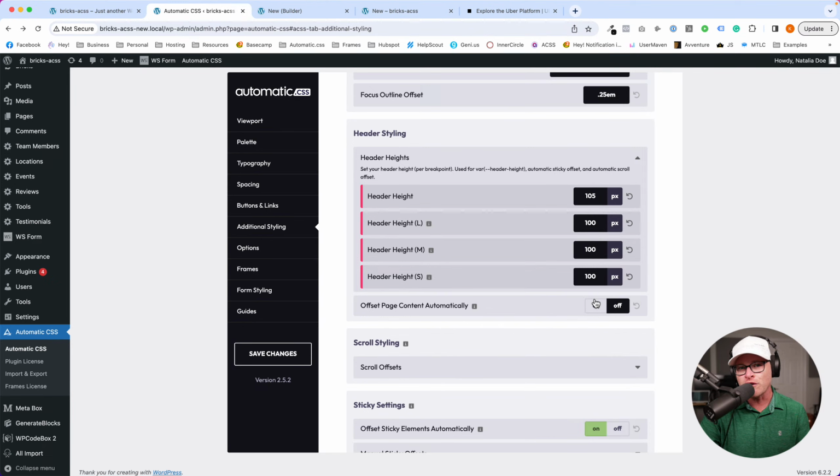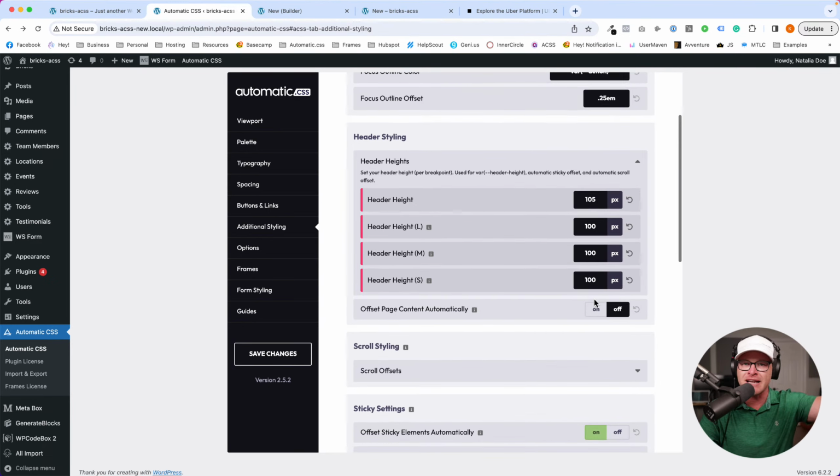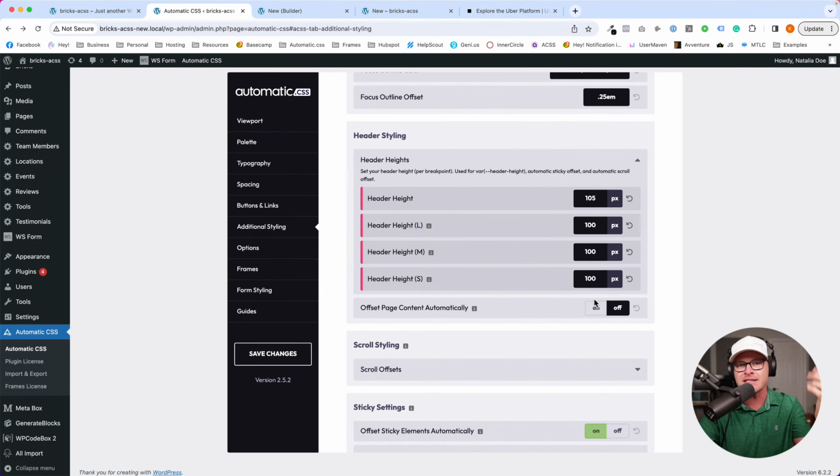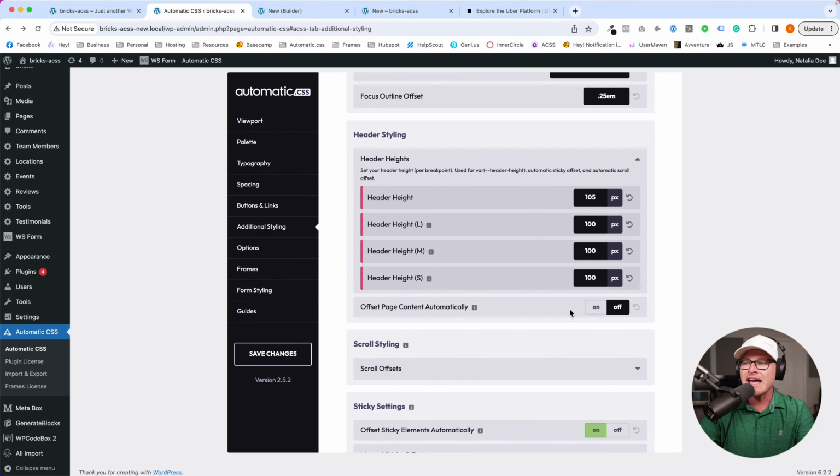When you're using an overlay header, a header that sits inside of your page content, your page content isn't below it, it's under it. People love overlay headers because they're very modern looking, very clean looking, and really nice. They're also a huge pain in the ass, because they take up space in your first section,